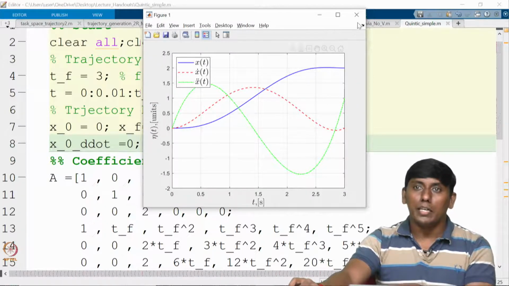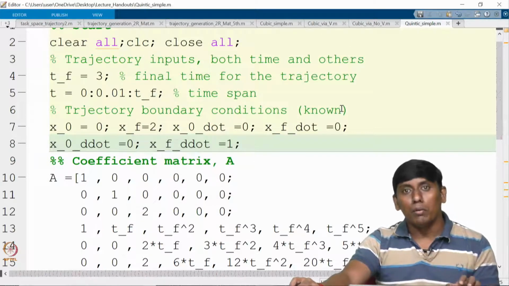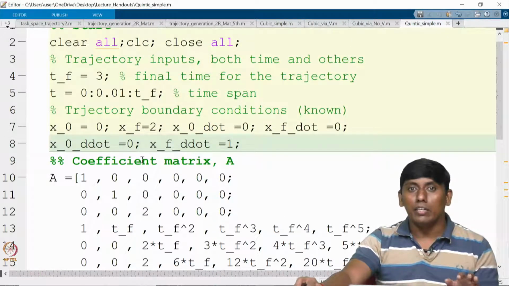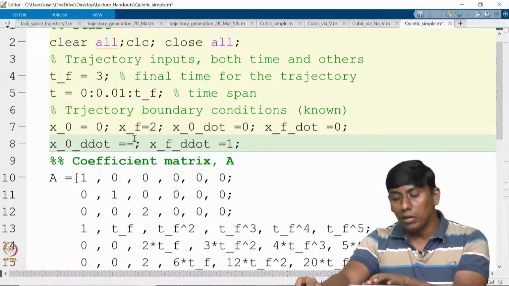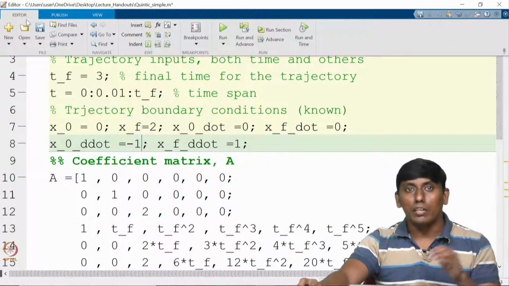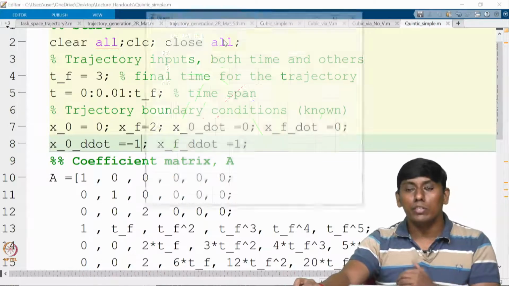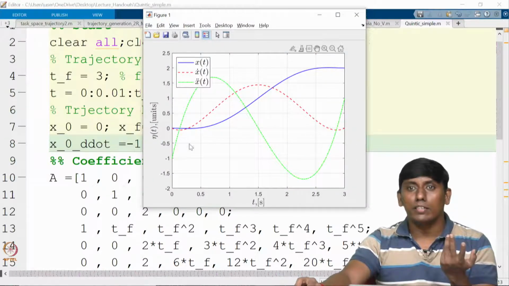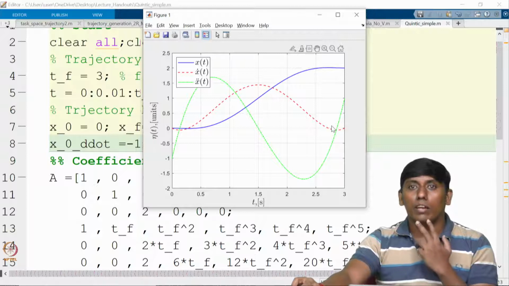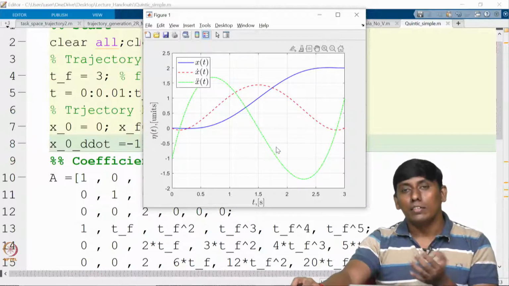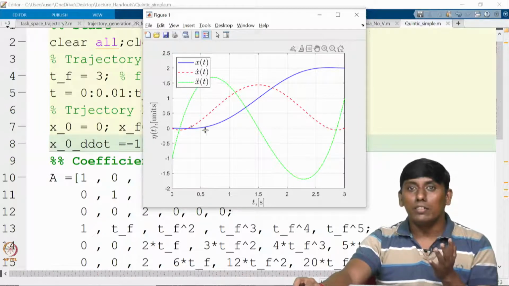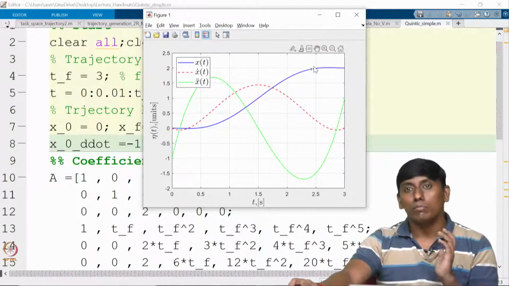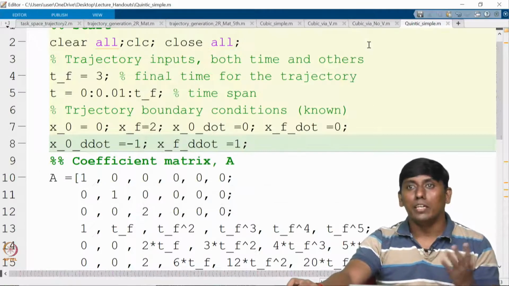So all these can be done with the fifth order polynomial, and you can even give an initial acceleration of minus 1 meter per second squared, which starts from a different profile and ends with a force in the negative direction. You can see, right? So all those things come into the picture. However, the profile is not changing. Only the velocity profile and the acceleration profile are changing. By not changing I mean the starting and ending points are not changing; it is following the smoothness. That is what I mean to say.